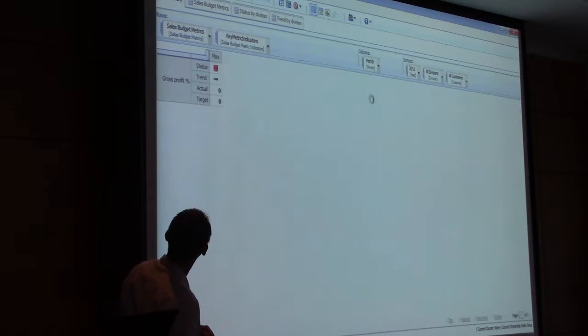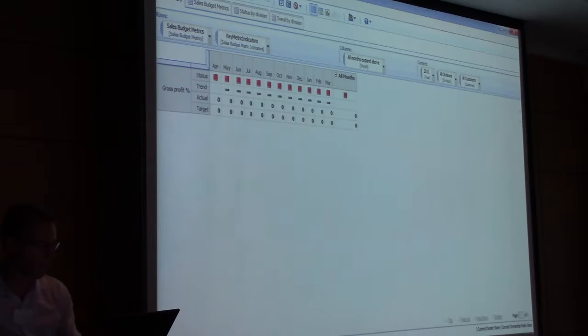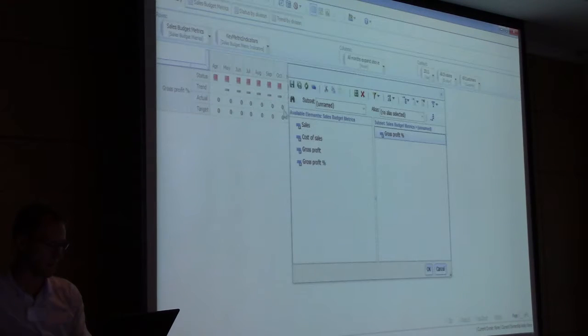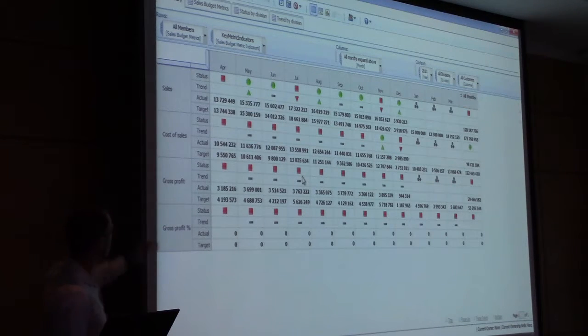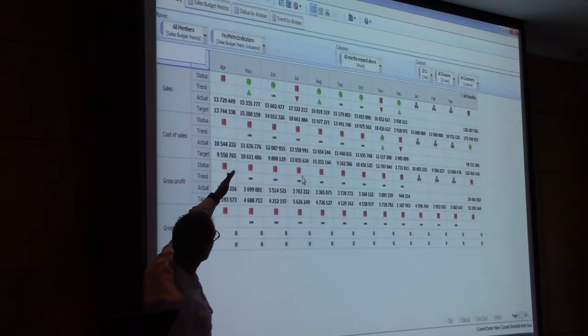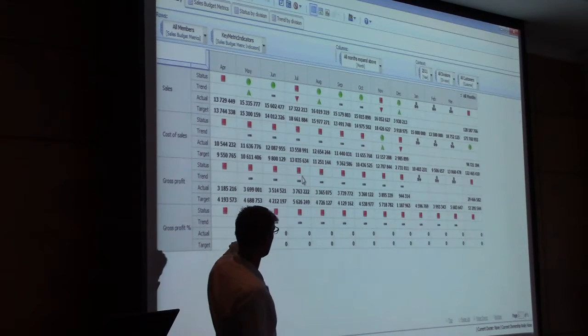Just wait for that to catch up with me. Okay, so this will give me a very quick view per month, whether I'm in the green or in the red, so whether I'm exceeding budget or target or behind target.